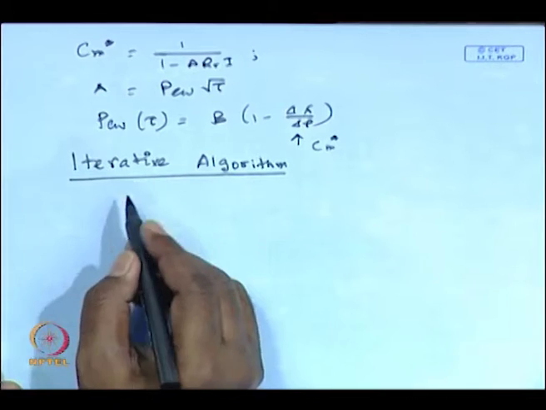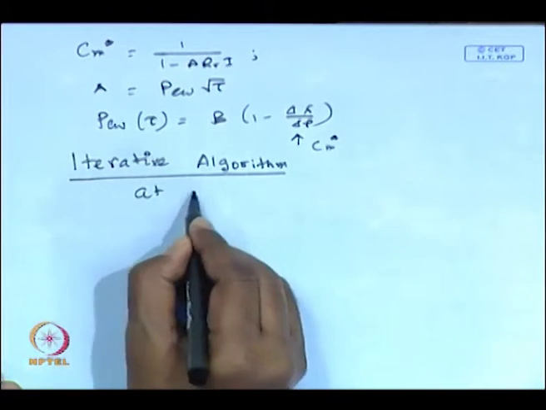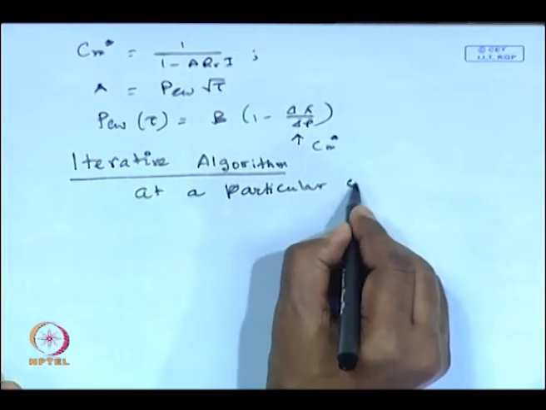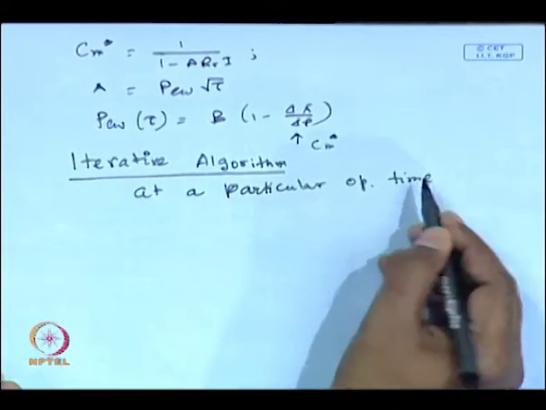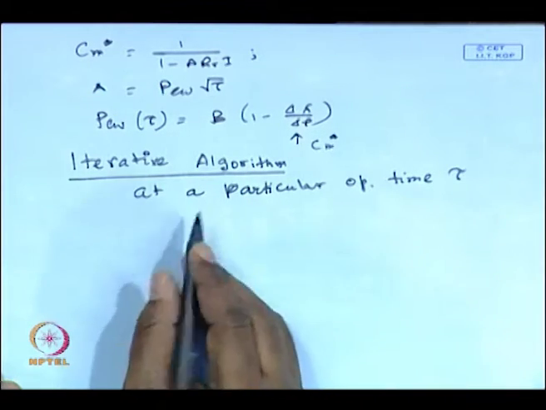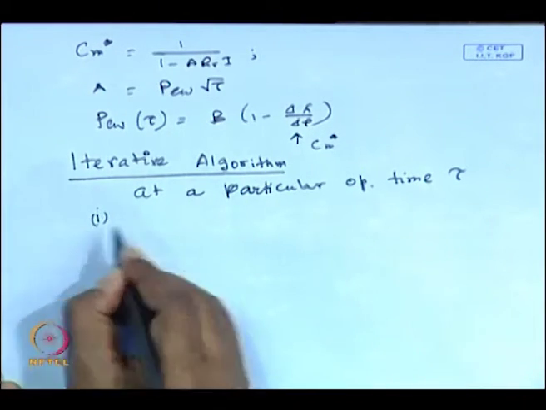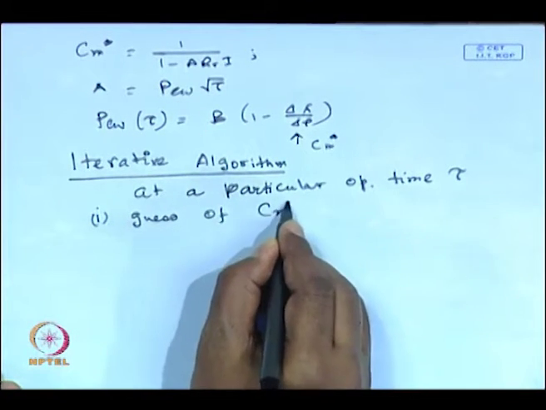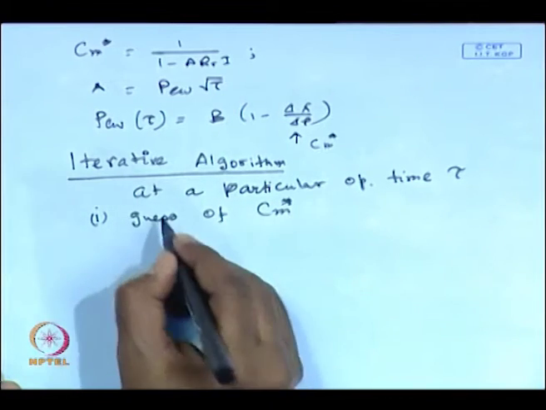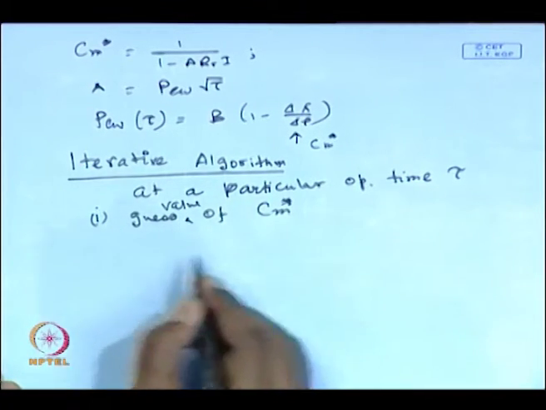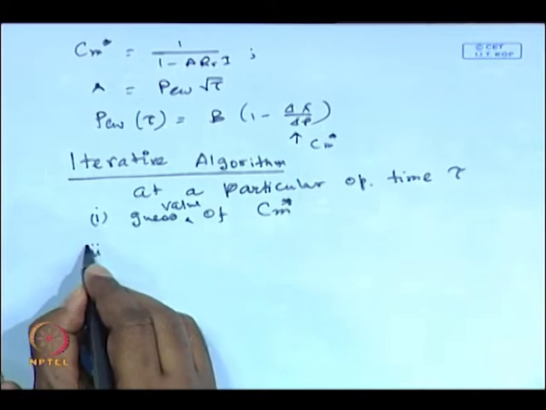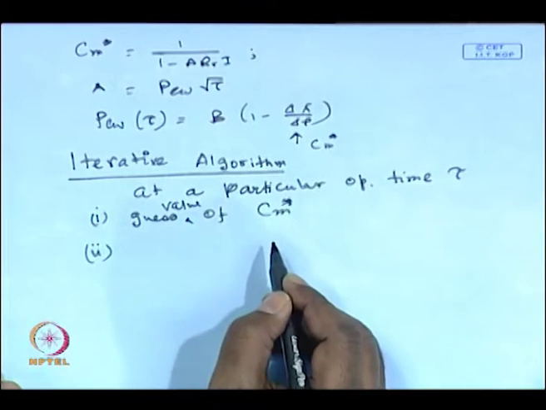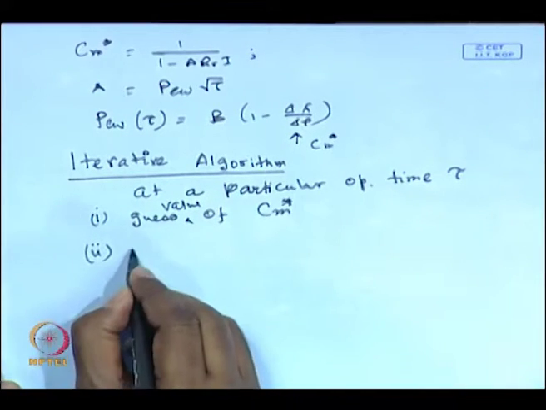What is the iterative algorithm? At a particular operating time, let us say 5 seconds, 10 seconds, whatever particular time tau, you do the following. Step number 1, guess the value of Cm star. Once you guess the value of Cm star, you can calculate Pw